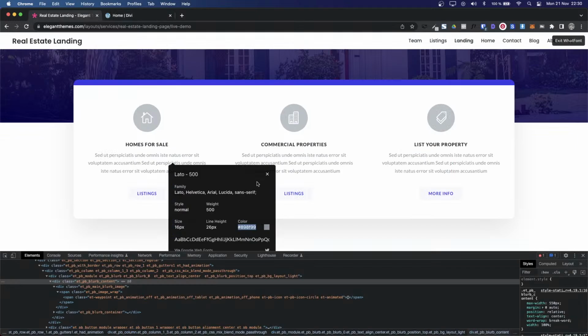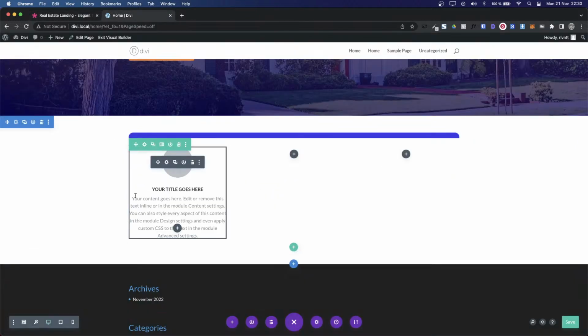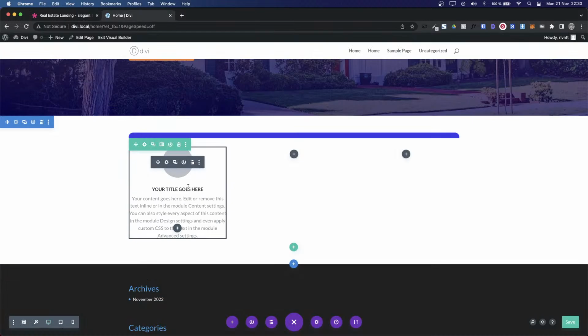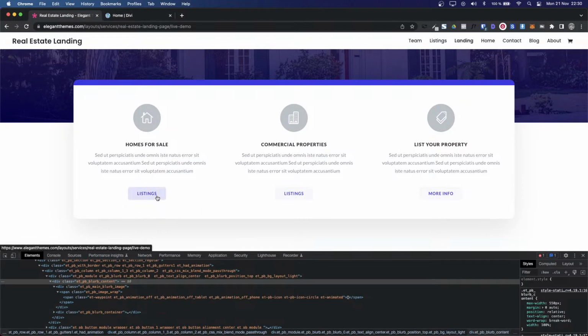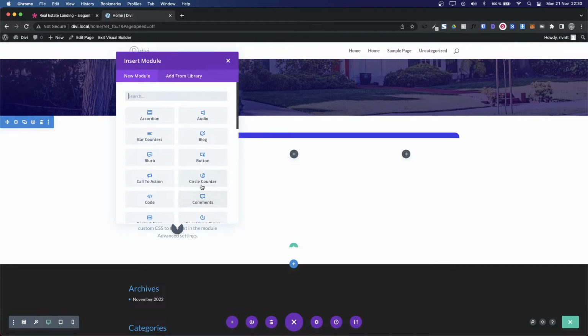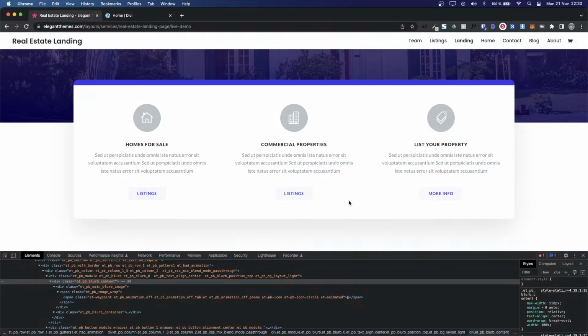So it looks pretty similar. Of course, we have a different text because I haven't changed that, and these are the default text. I'm just gonna keep it that way. So next thing is I'll add this button. So let's add a new module, button,